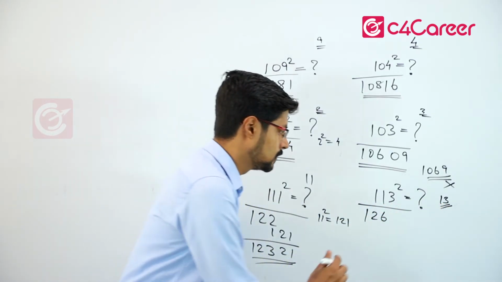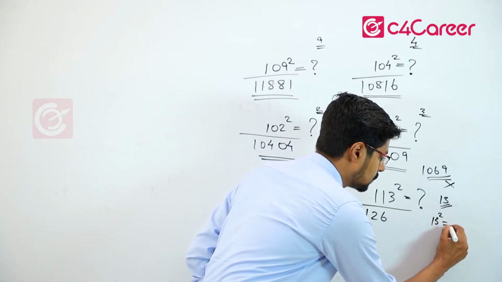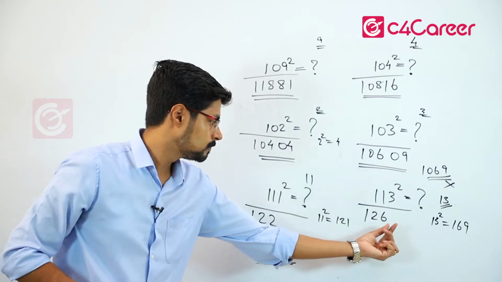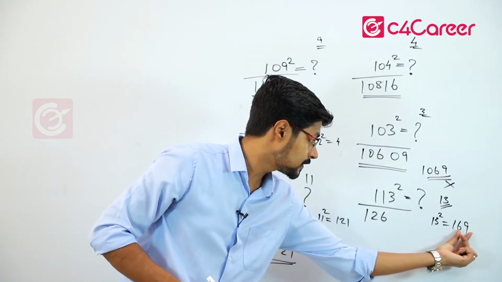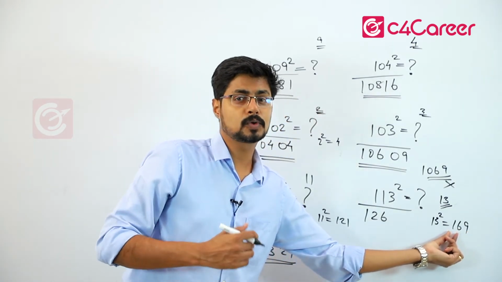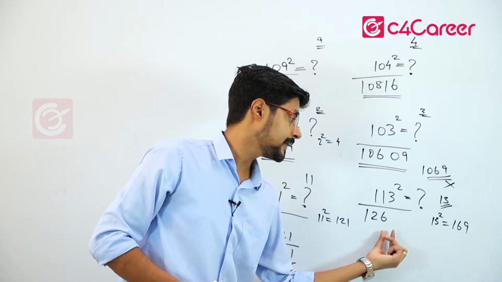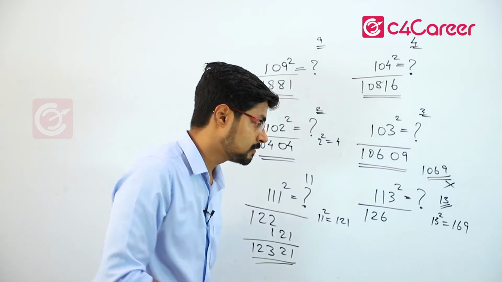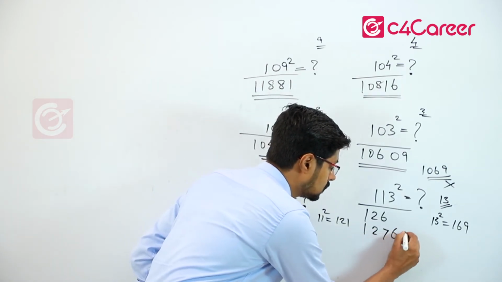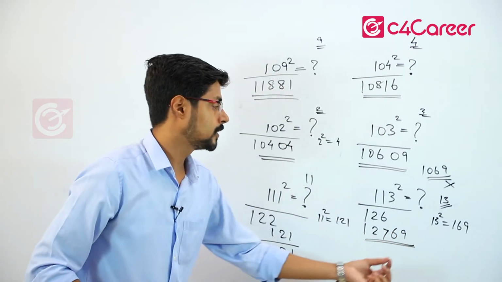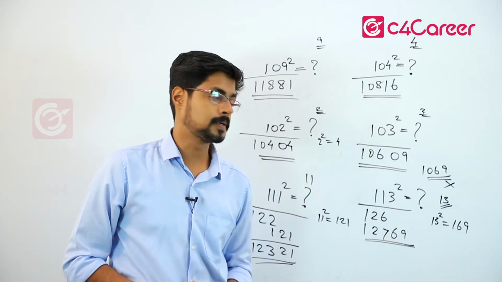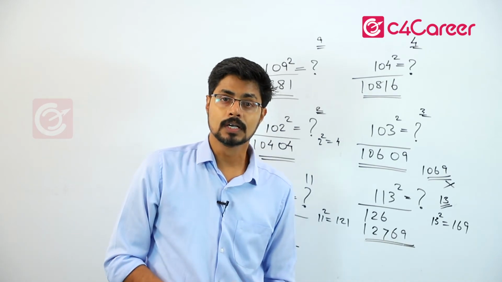The second part, 13 square. So we know that 13 square is equal to 169. So what I told you, here only 2 digits can come. There is no place for this 1 to come there. So it will go as a carry. So this 126 is going to become 127. So our answer will be 12769. I have written the 69 here and this 1 I have added to the first part. So we get the answer as 12769.